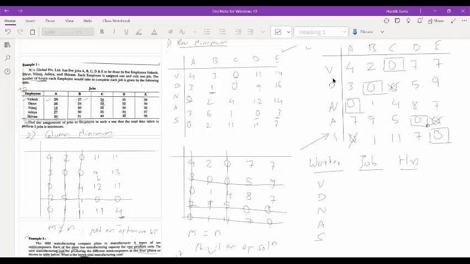VDN एंड S, तो V को क्या मिला है, C मिला है, तो C लिख लेते हैं। D को क्या मिला है, B, तो उसको यहाँ पे B लिख देते हैं। N को A मिला है, तो A को क्या मिला है, D, तो A को D असाइन हुआ, D लिख लेते हैं। S को कौन सा वाला जॉब असाइन हुआ, E, यहाँ पे E लिख देते हैं। अब कौन सा बंदा कौन सा काम करेगा वो पता चल गया। वो बंदा उस काम करने के लिए कितना टाइम लेने वाला है वो हमको यहाँ पे ओरिजिनल मैट्रिक्स से मिल जाएगा। ओके, तो ओरिजिनल मैट्रिक्स पे थोड़ा फोकस